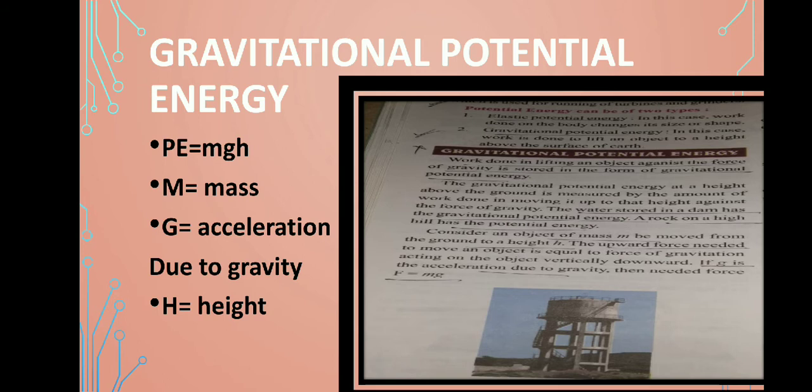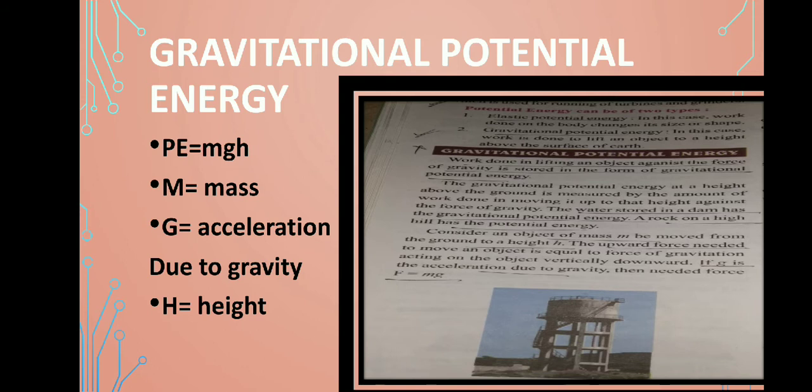Suppose the water stored in a dam has gravitational potential energy. Similarly, a rock on a high hill has this gravitational potential energy. Now you consider an object whose mass m is moved from the ground to a height h. The upward force is needed, and this force is equal to the force of gravitation, which is acting on the object vertically downwards. Now gravity is working downward and we take it to a height h, so we work against